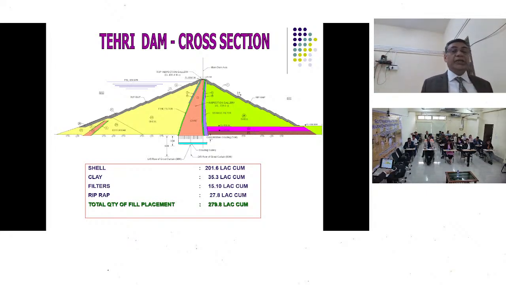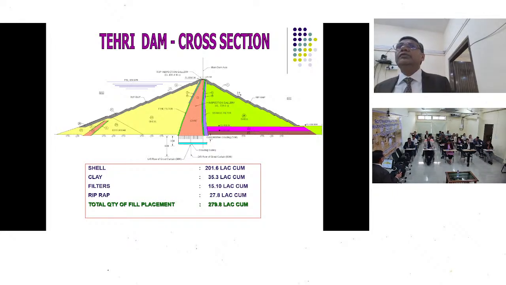The utility of the filters is that they do not allow the fines to move into the shell material. It's a transition. You have a fine grained soil, that is the clay core, then you have the shell, which is a coarse grained soil. Now you should see that the fine grained soil does not migrate into the coarser particles. So you give a transition, and this transition is based on the filter design criteria,